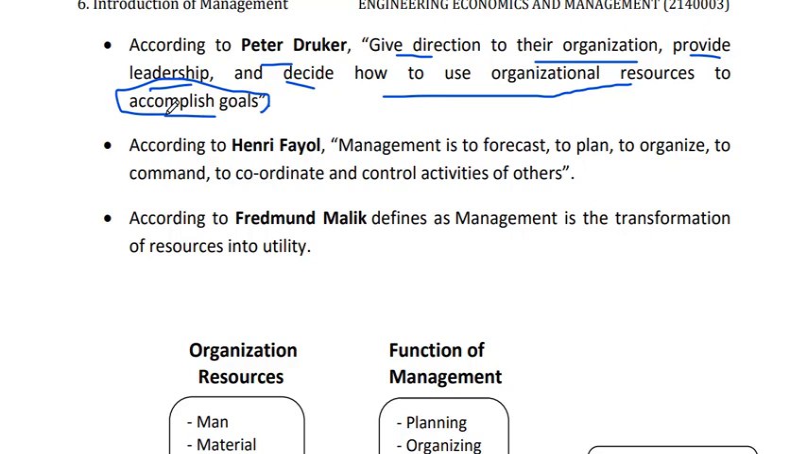Different types of resources are available to make a product. So these are the directions we have to give. We have to give leadership to accomplish our simple goal. So Peter Drucker said to give direction and decide how to use resources to accomplish our goals. It's called management. Next, according to Henry Fayol, management is to forecast, which means to predict the future,